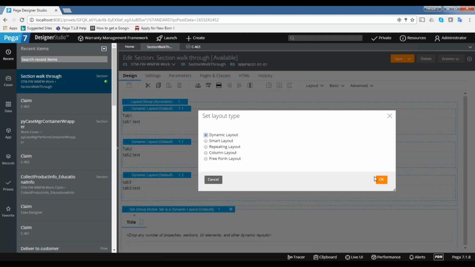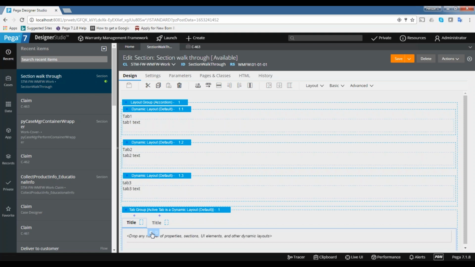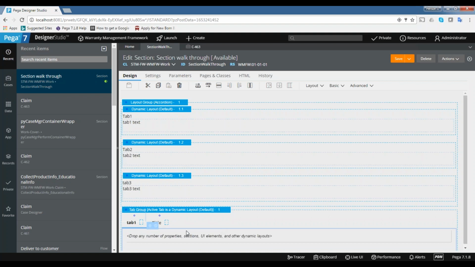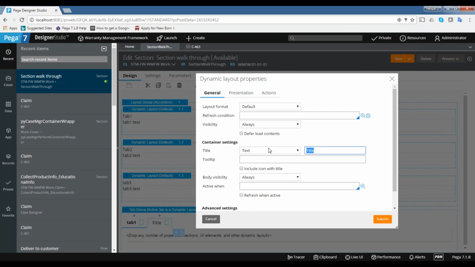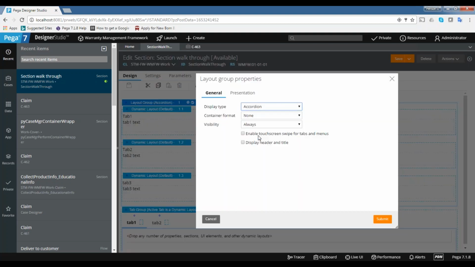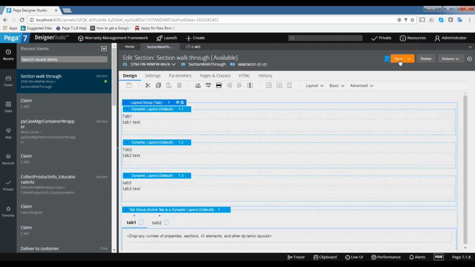There is no difference between these two in the design time. So you see both will be the same.